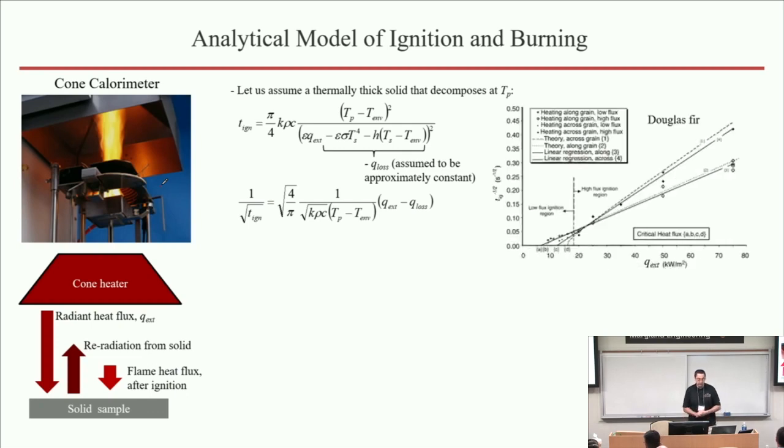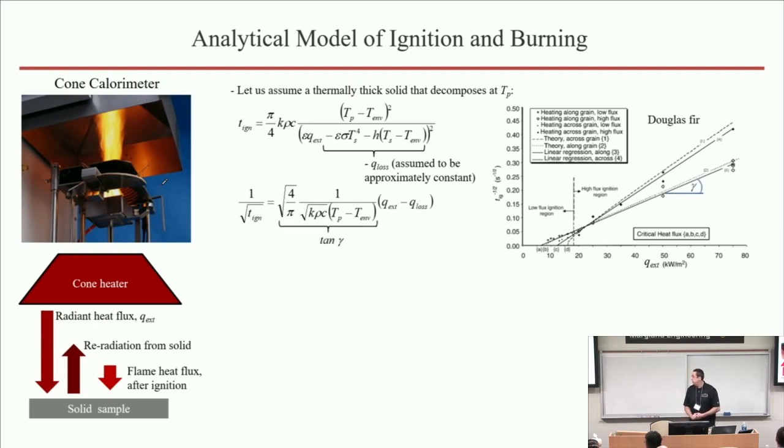So here is an example of this data. Here you have 2 data sets, both for the same type of wood, Douglas fir, but one is for the sample located along the grain and the other is across the grain. The difference is that wood has different thermal conductivities in those 2 directions. You can see a set of data points on both of these curves that are generated in a cone calorimeter by just setting multiple tests at different initial heat fluxes and then measuring the time to ignition and approximating it, or fitting it, with the expression that is on the left.